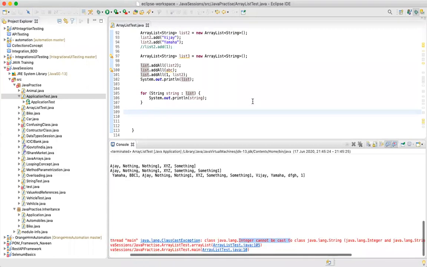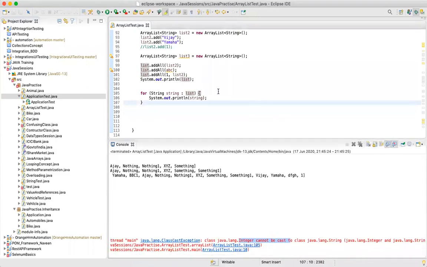Yes. So what happens is, as I said, when you keep on adding elements, it won't give you an issue because you are just trying to add an element. So it's fine to add an element. But when you try to access that particular element, then the problem will appear. Again, what we are trying to say is, for each element in this particular list, store that value in a string. Now, this particular list can have any number of different types of elements, right?